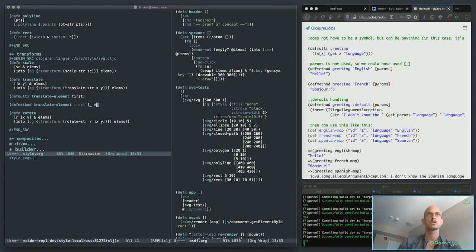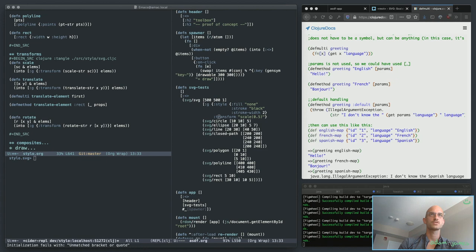I think let's see if that makes sense. Properties. Okay, so to translate a rectangle thing, what you need to do is